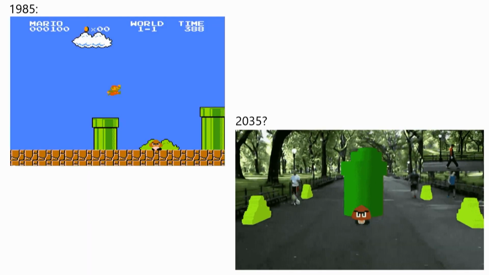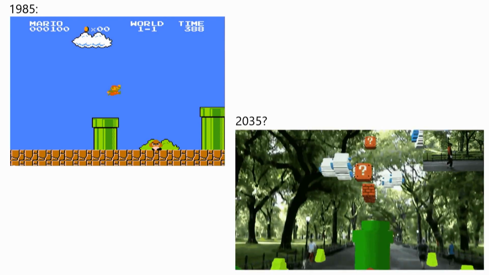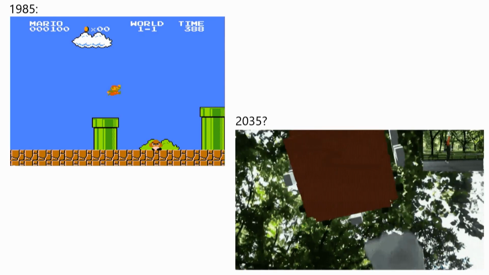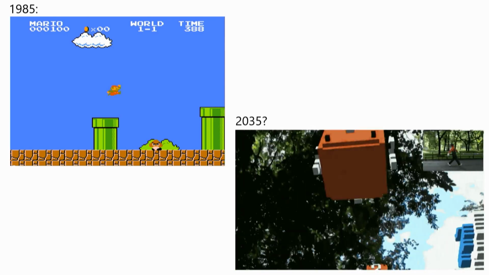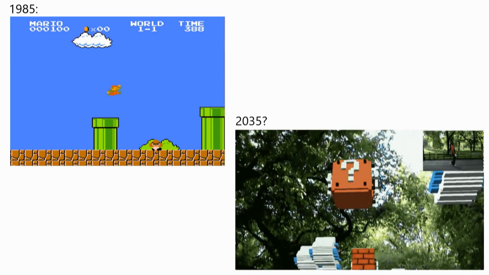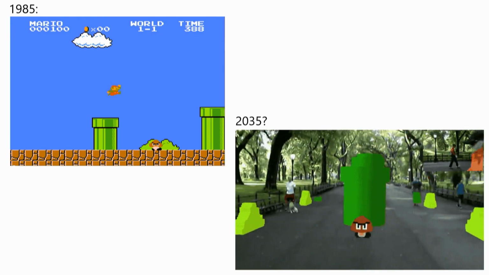So because of time, I need to wrap up. I got lots of inspiration from these old games I played when I was a kid in the 80s. And I think we still get lots of inspiration from games. For example, someone created this video showing what could be the future of Mario. Perhaps in the future, you will play Mario in augmented reality.